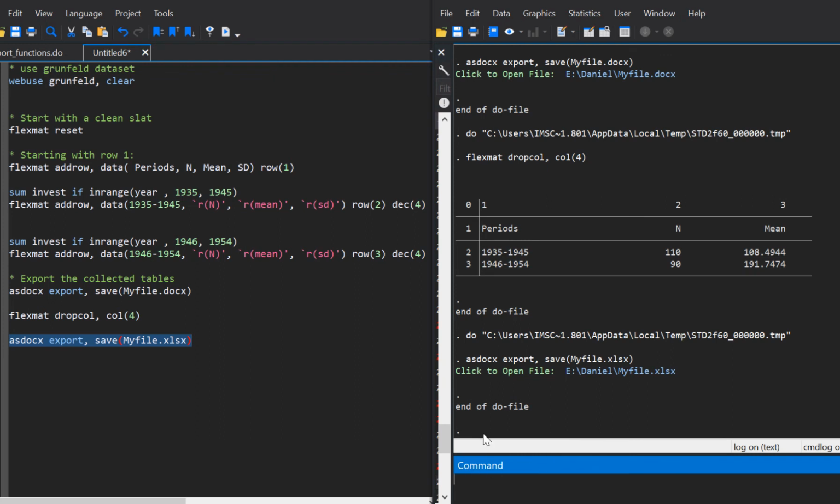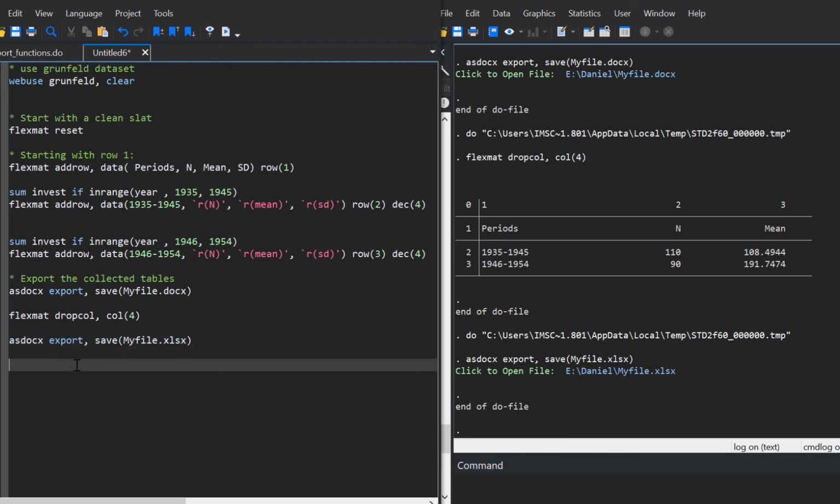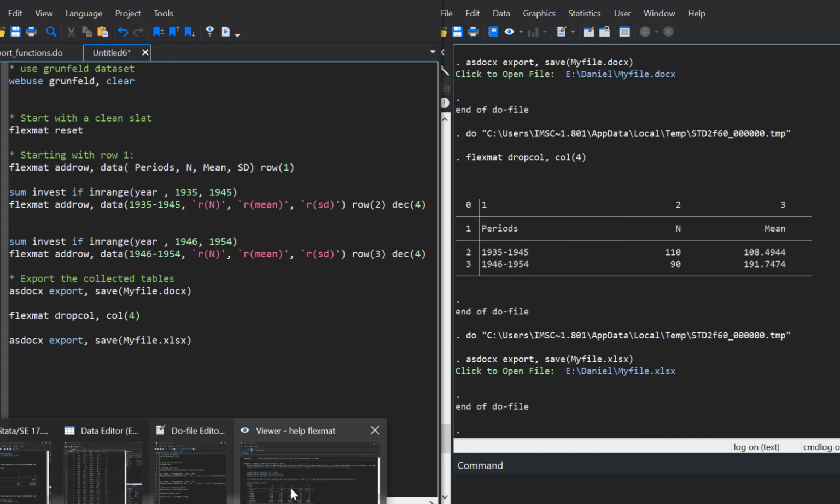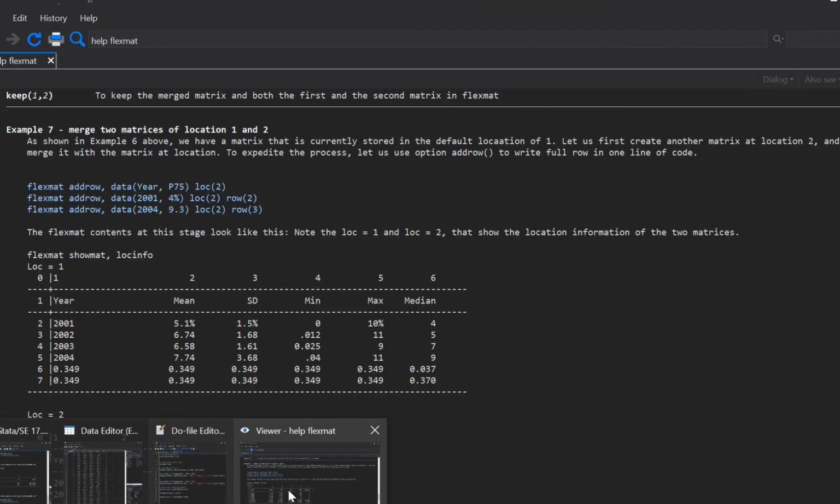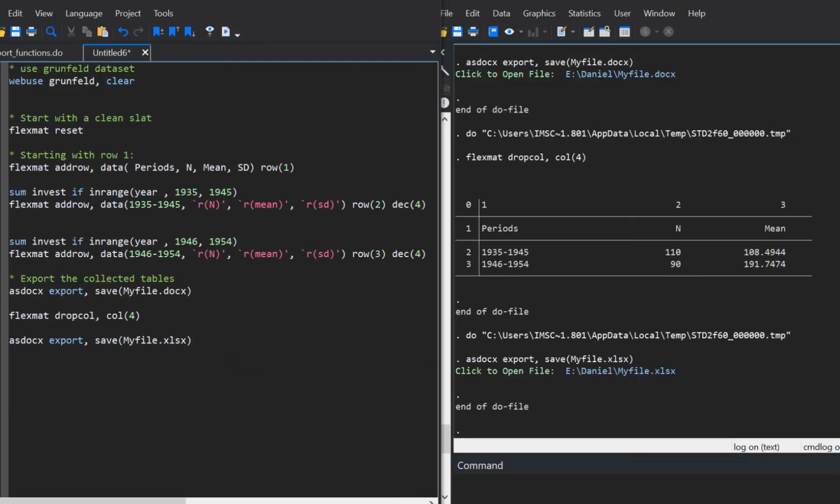I would like to show more advanced examples using FlexMate, but for the time being, I think this video is sufficient. For more details, I would like you to see the help file or the website of ASDocx.